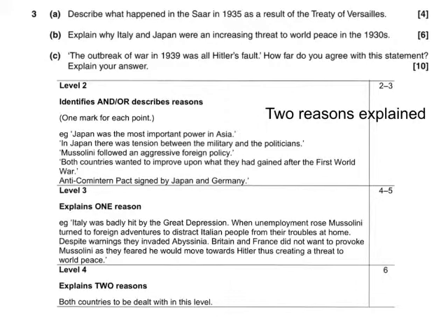Firstly, did you actually know what the reasons were? Were you able to explain? Were you using some precise detail? And were you actually linking back to that question? Make sure you've actually addressed the why aspect. Did you get your two reasons? If not, maybe come up with some targets. If you're working in a pair and one of you nailed this one and the other one has maybe struggled, maybe that one could show them where they've gained the marks that the other one lost. And try and come up with some advice for one another to take into the next time you do this style question.